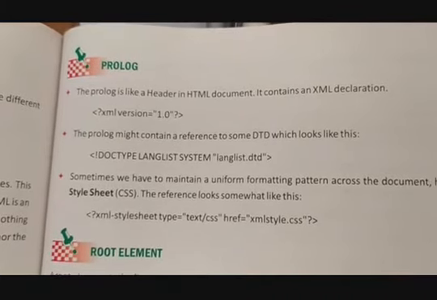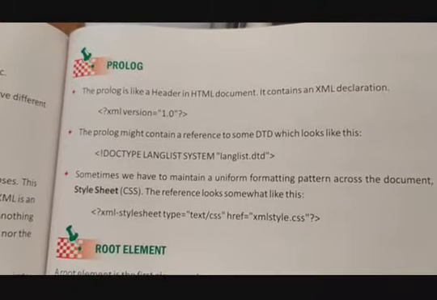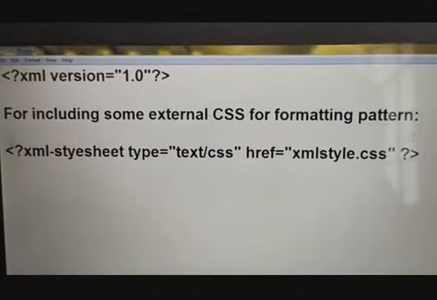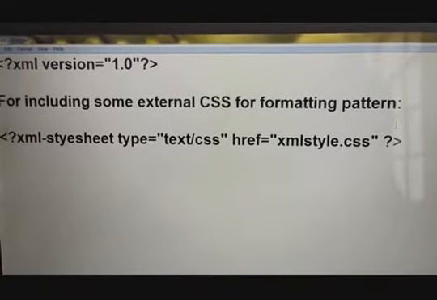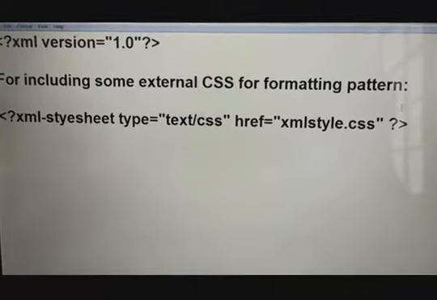So you can see the syntax of the XML prologue. You can use this kind of XML prologue. And if you want to include some external CSS for a formatting pattern, just like in HTML, if we want to do some kind of formatting in your XML document, then you can also include some external CSS with this syntax.